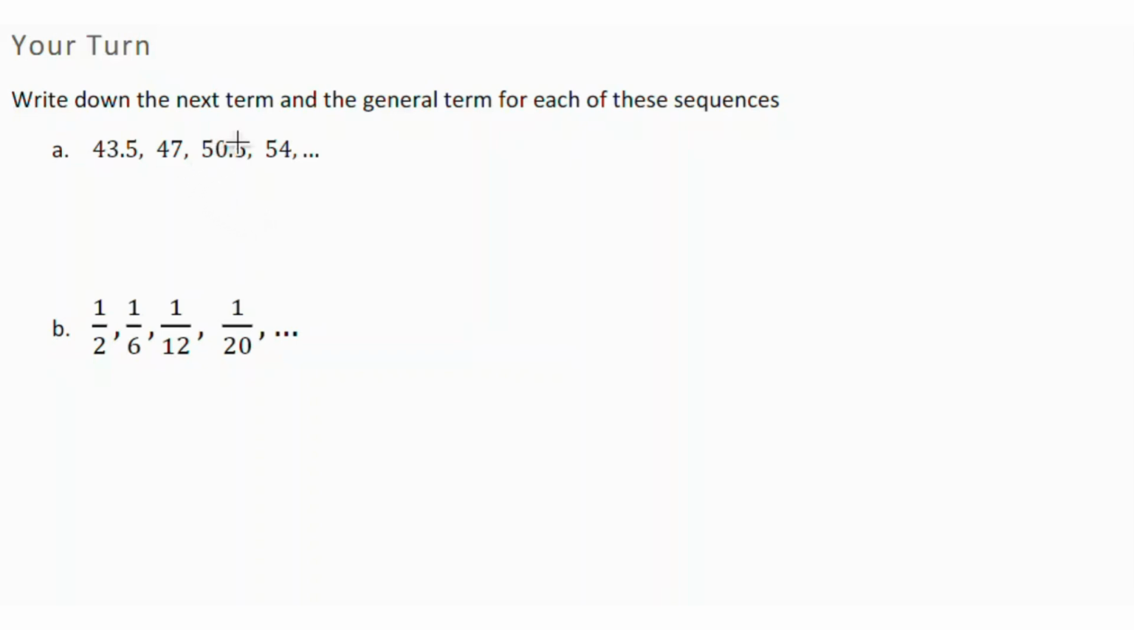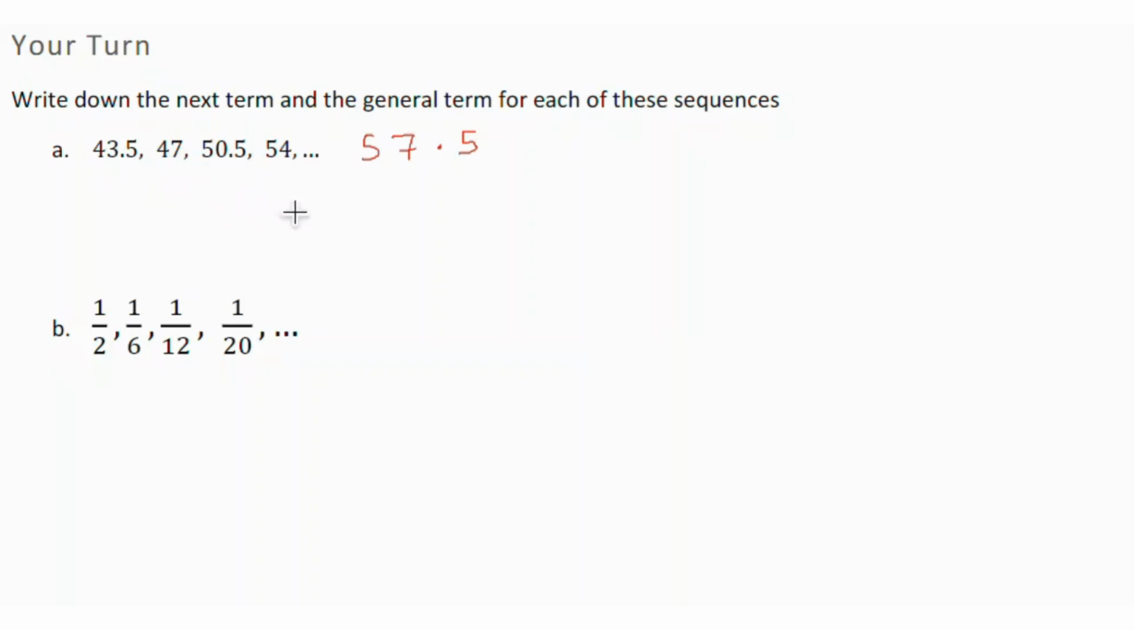So we're asked to write down the next term and the general term for each of these sequences. So let's think about what's happening term to term here. We can see that each time we're adding on 3.5. So 54 plus 3.5 means the next term is going to be 57.5. And the nth term, well, this is a linear sequence, and you might recall from previous studies that for